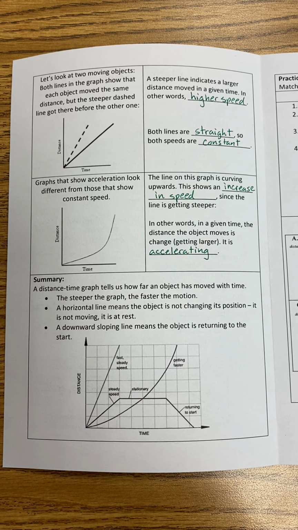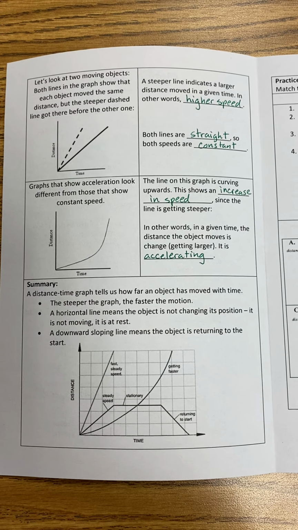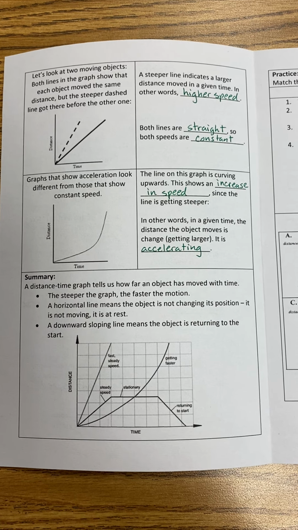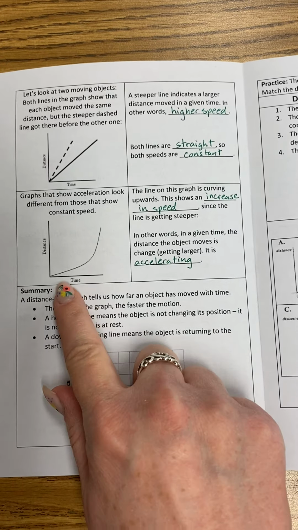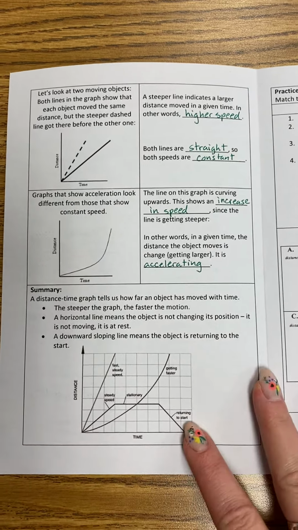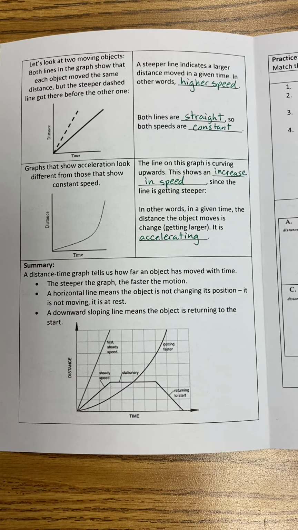Graphs that show acceleration look different from those that show constant speed. The line on this graph is curving upwards. This shows an increase in speed since the line is getting steeper. So you can see it's curved. We're starting slow, but then we're getting faster and faster. So in other words, in a given time, the distance the object moves is changing or getting larger,